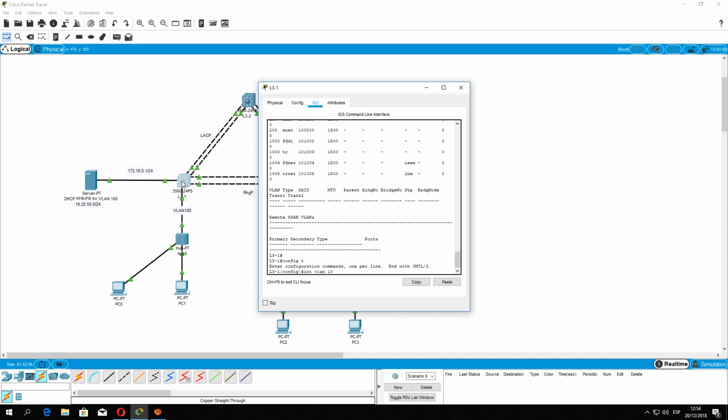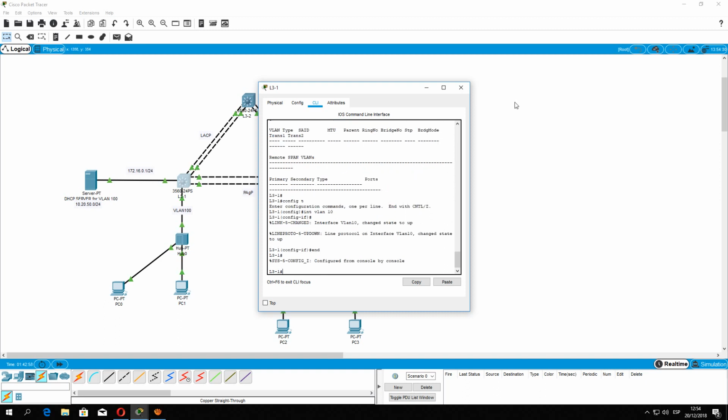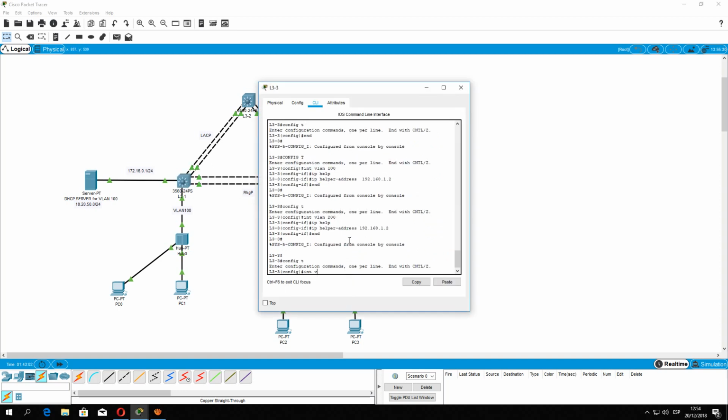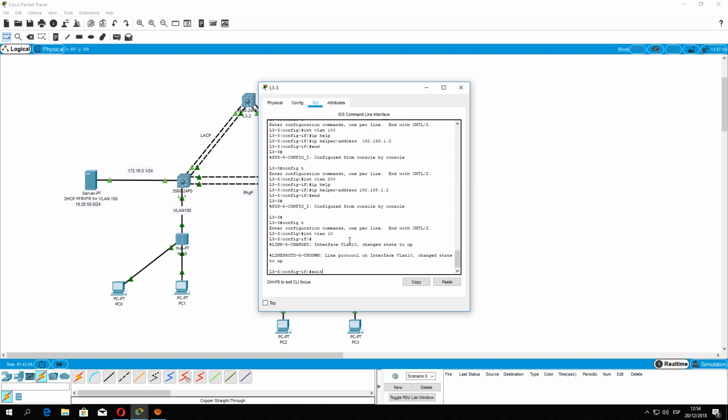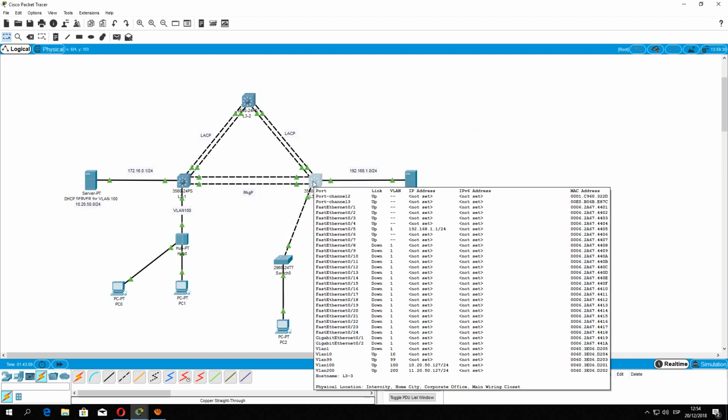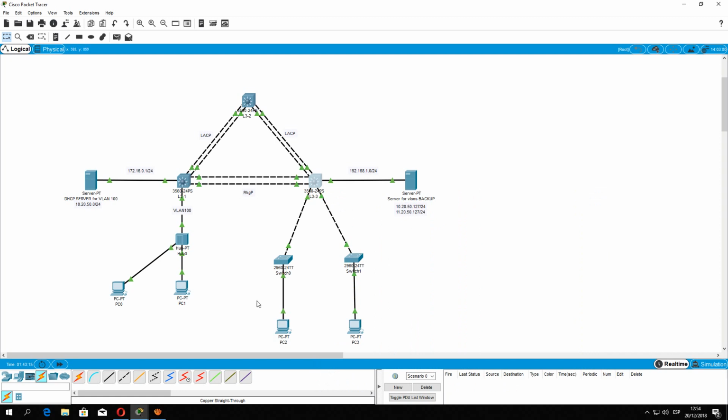Okay. Here's VLAN 10. Okay. Now VLAN 10. Okay, we